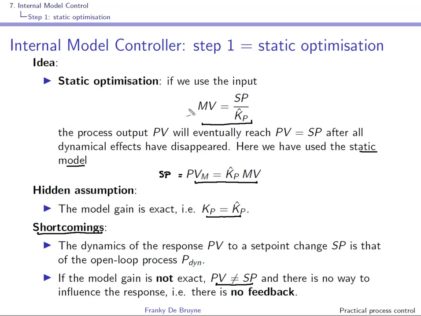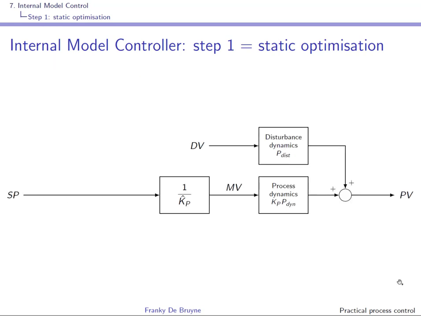On the actual process you have disturbances acting, and with this very simple idea we do not take them into account. Well, this is the implementation of our naive idea in the form of a block diagram. We have MV, which is set point divided by the gain in the model. So if we write PV, we see that we have Kp, K over Kp hat within, and the input is set point plus the disturbance dynamics, right,